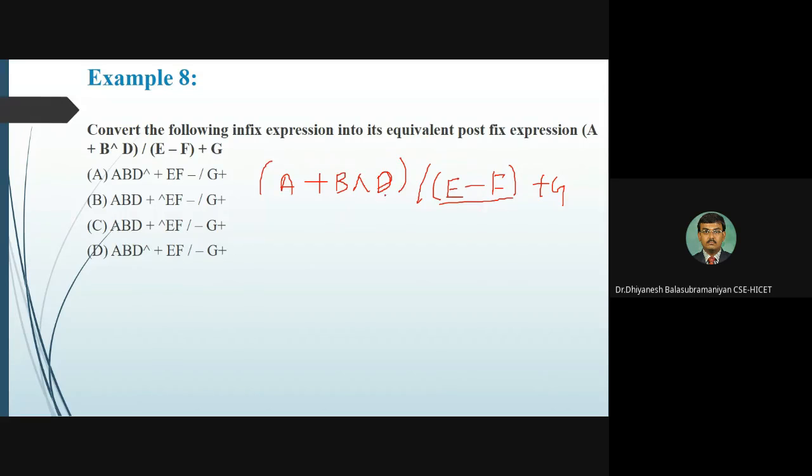This is the first sub expression. This is the second sub expression. This is a third. After that, we have slash and plus. So slash is a higher operator. We need to solve this one. And finally, we need to go for this plus. So let me solve this. So a plus